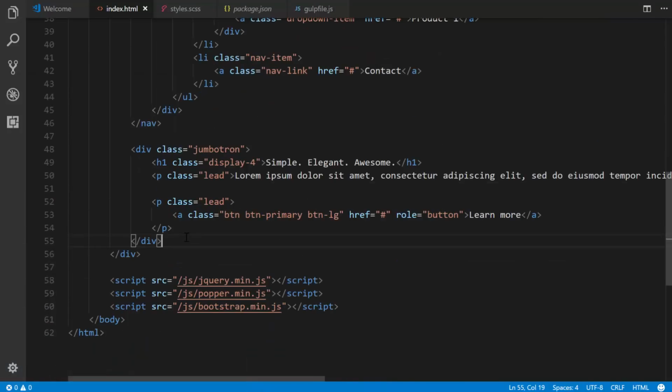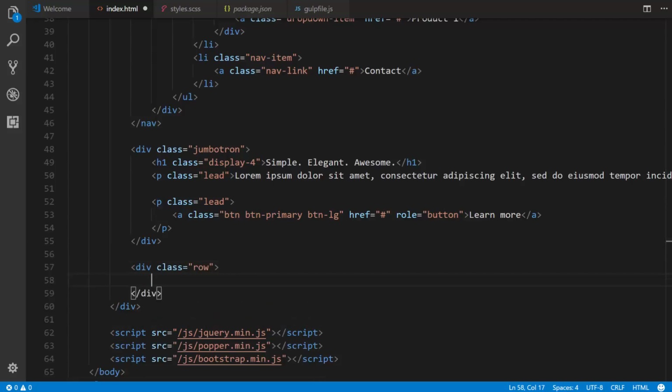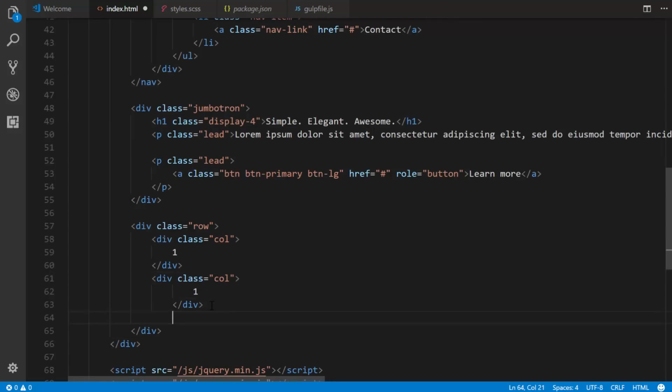All right, so to do that, just underneath our jumbotron, we're going to start off with a div class of row. When it comes to Bootstrap 4 classes, the row class is probably one that you're going to be using most often. It defines an actual horizontal row. And then when you want columns inside of those rows, you use div class equals col. Of course, you can use a lot of other helpers, we'll get to that momentarily, but you use col if you just want equal width columns. So I'm just going to put in 1, and this is temporary, 2, and